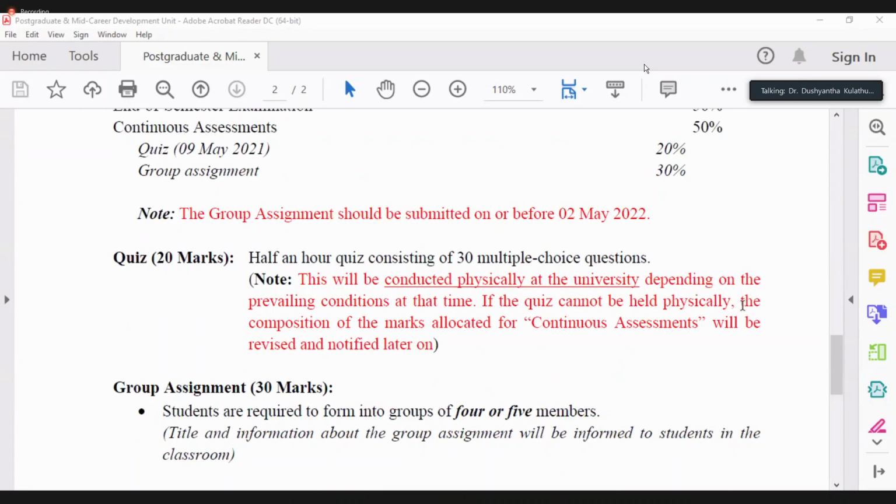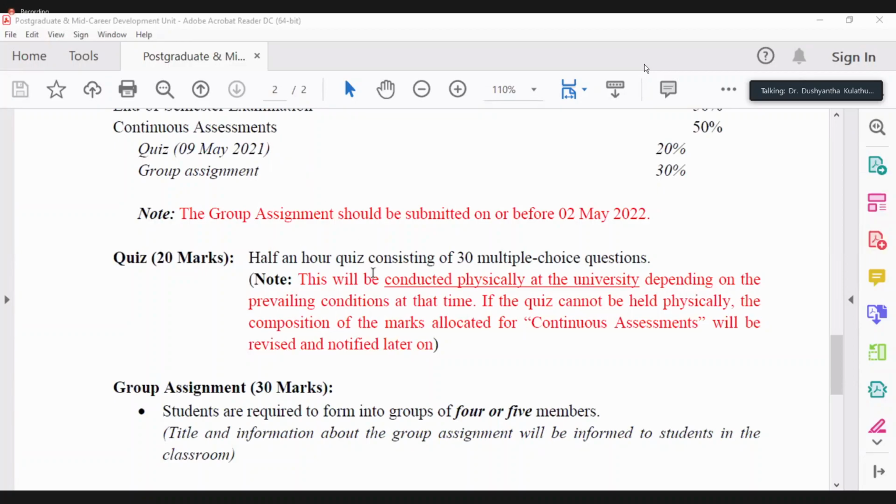And if the quiz cannot be held physically, the composition of marks allocated for continuous assessment will be revised and notified later on. So that is why I mentioned this is a temporary allocation of marks, especially for continuous assessments. And if we cannot conduct the quiz, we may have to rethink how to allocate